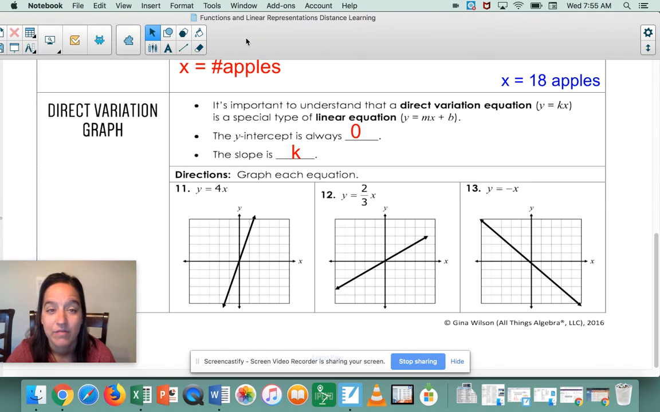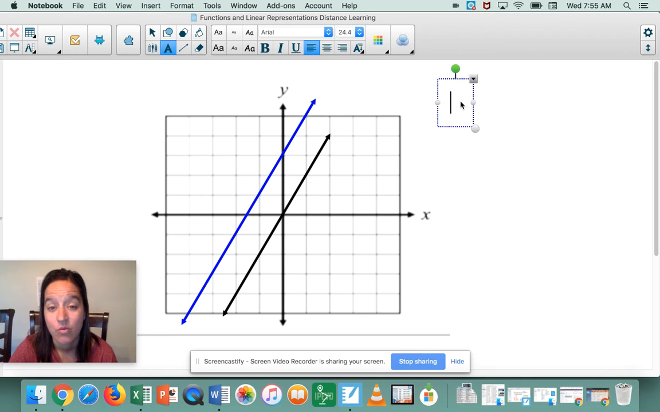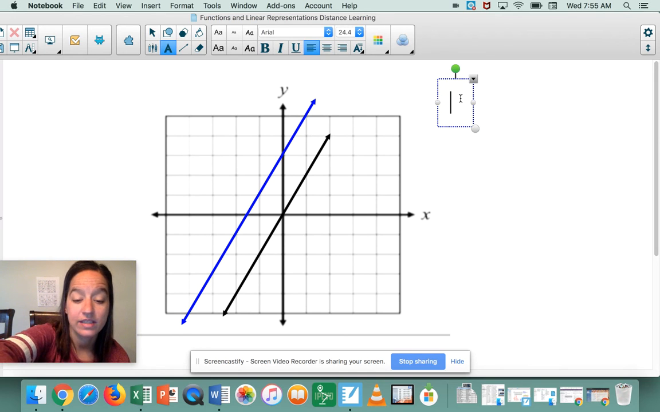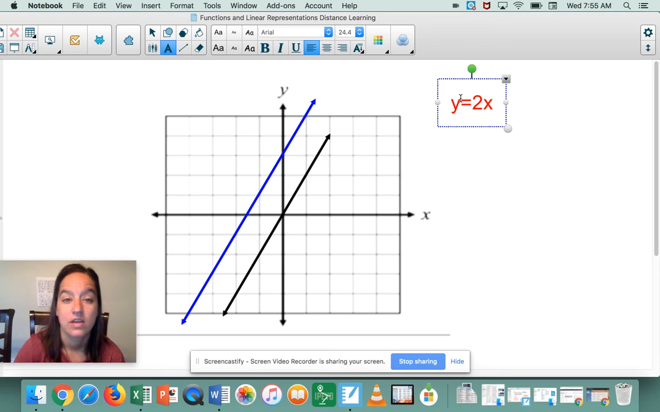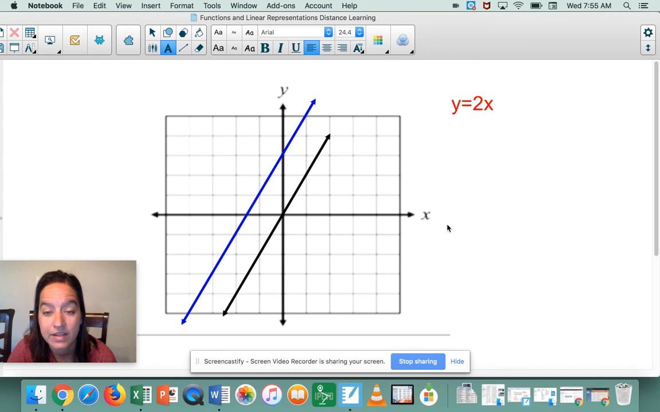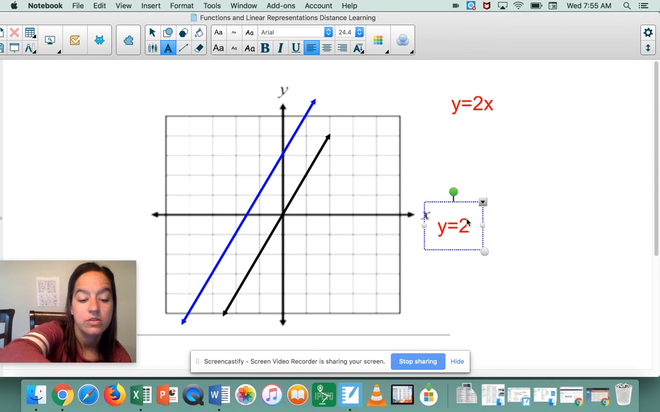That's different for ones that don't vary directly. So this black line here, that one varies directly because it goes through 0. That black line there is y equals 2x. The blue line there is y equals 2x